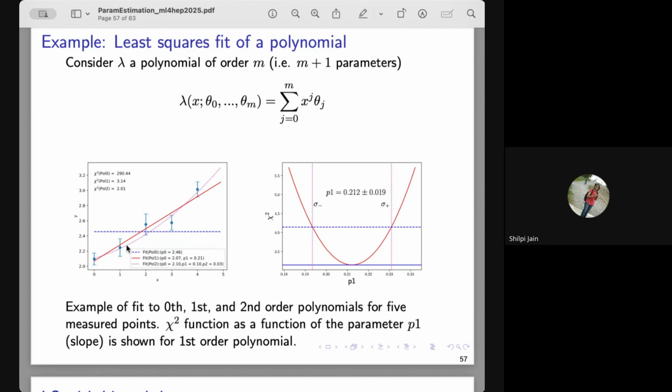What if we have more free parameters and fewer data points? Is the fit well defined? If you have more parameters than measurements, can you get those parameters, because the number of equations that you need